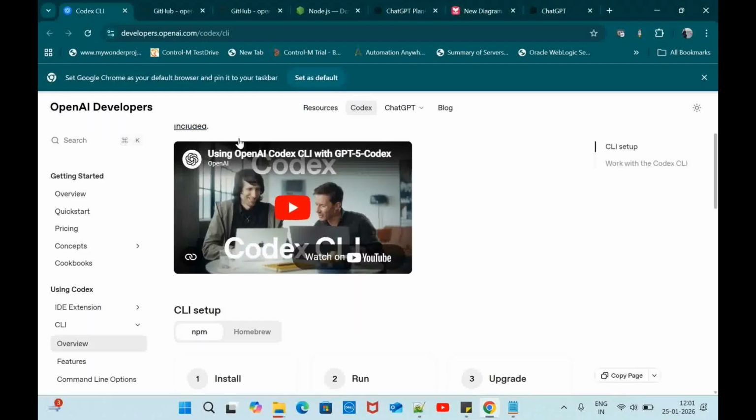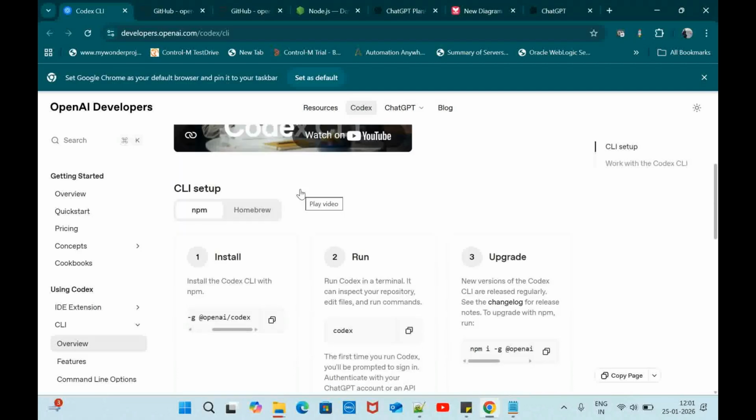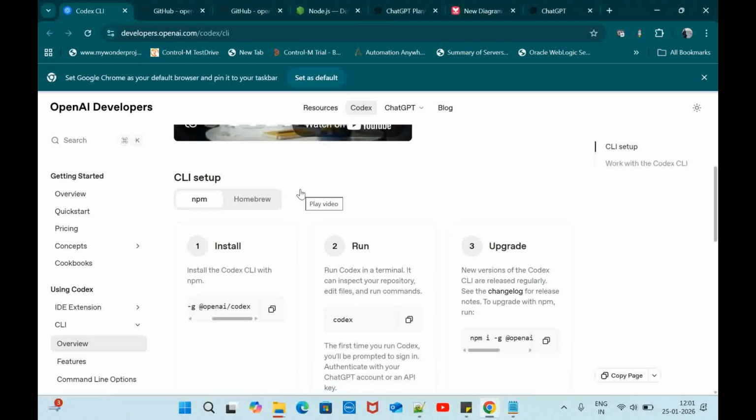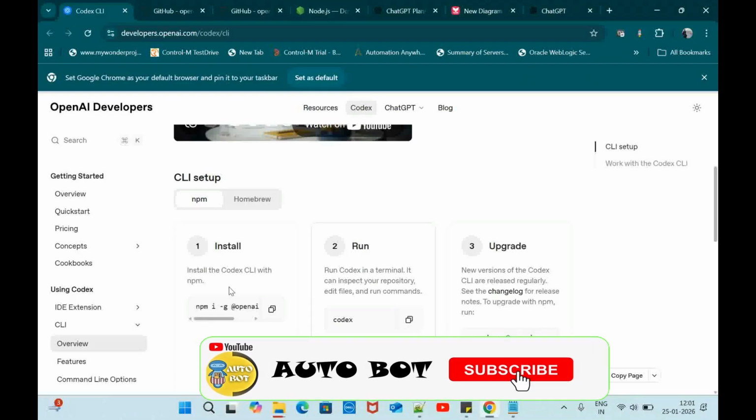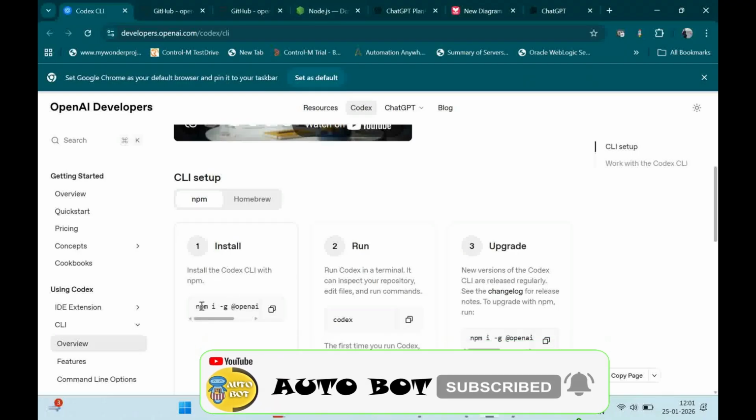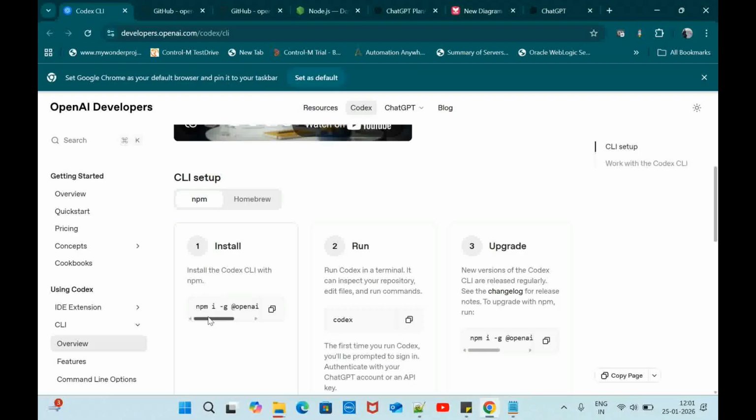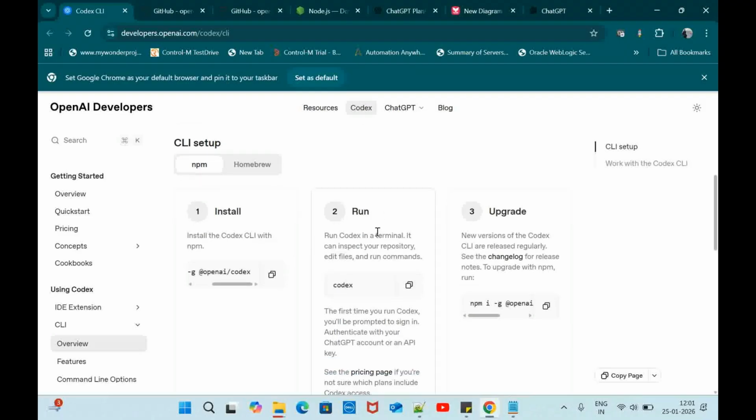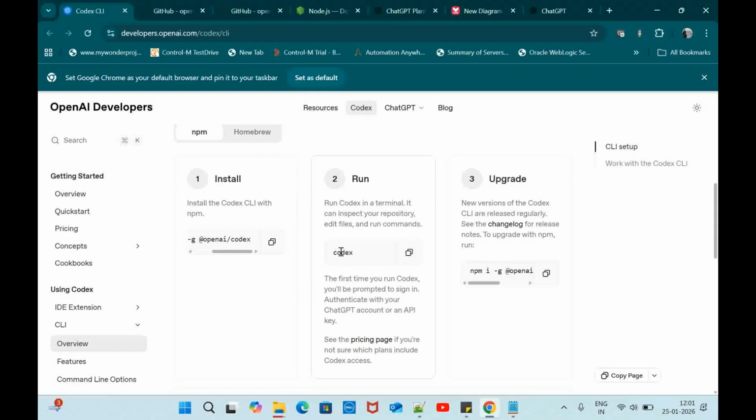So there is a video also OpenAI has provided, you can go through it. And how you can set this up, that is very simple. Like you need Node.js in your local, and you need the Node package manager. If you have this, then you just need to execute this command from the GitHub. It will automatically pull and install in your local. Okay, and for running this agent, you just need to type codex, and it will automatically start up the agent, and it will ask for